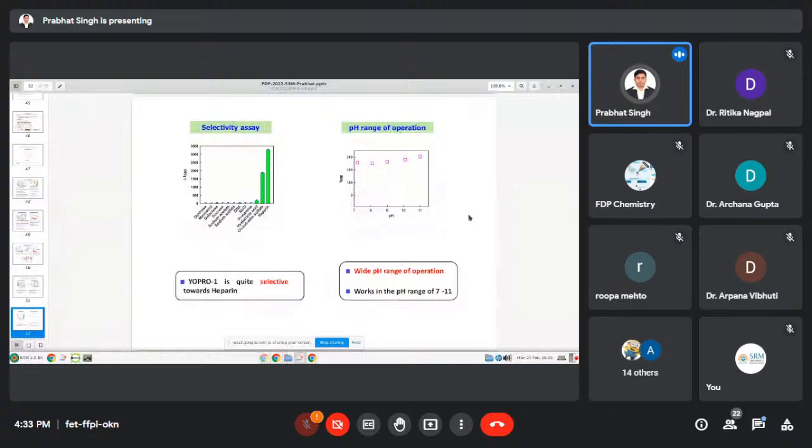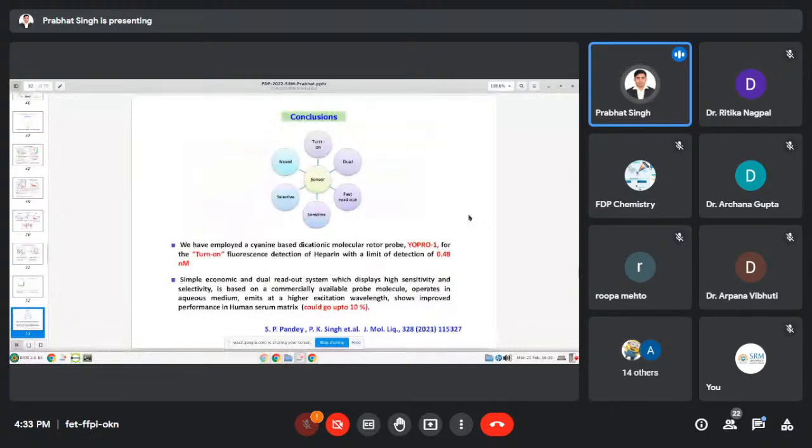So selectivity wise, if you see that the UPRO1 is quite selective towards heparin, and that is something that we could actually achieve with this particular molecule. So we tried publishing that. Now we thought that, okay, now we really need to increase it further. So we went to